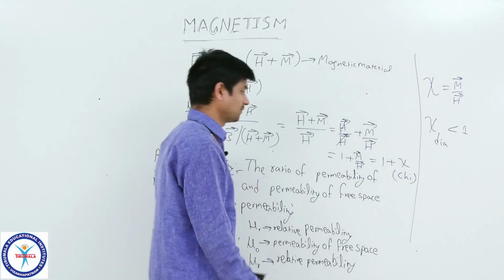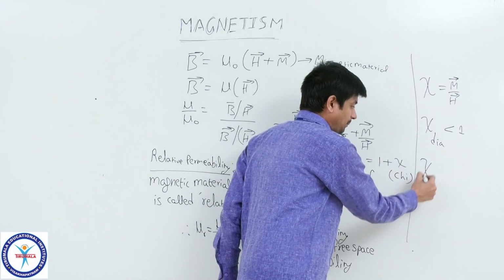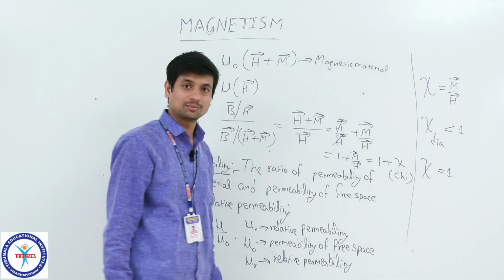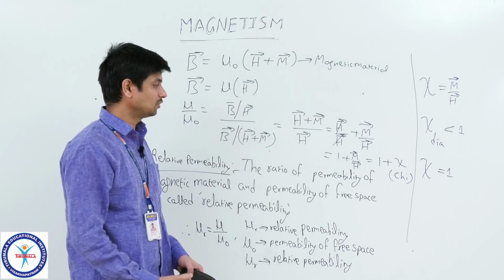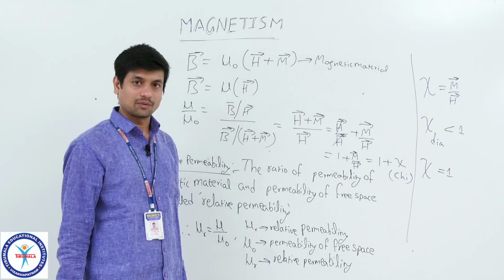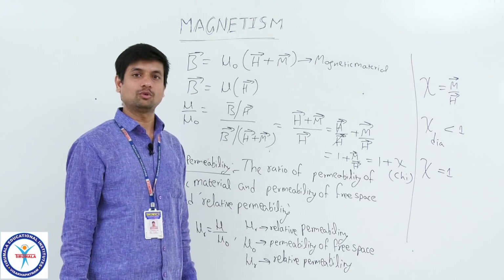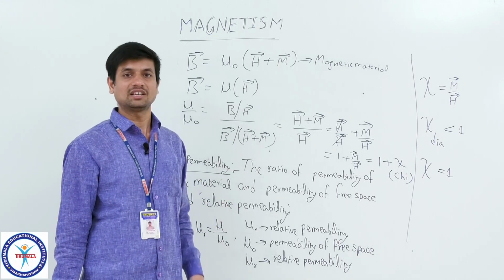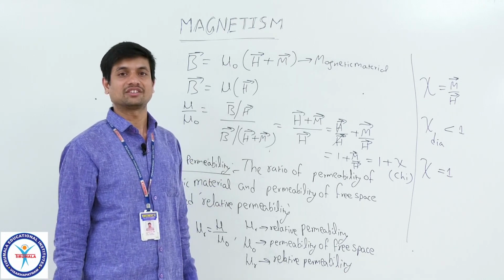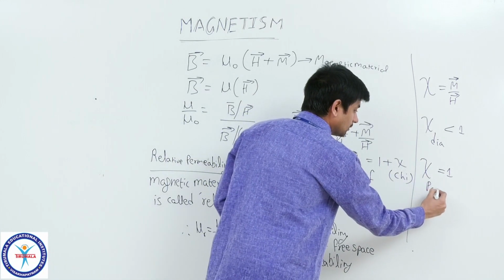If you take this ratio, M bar by H bar, for a paramagnet, that is approximately equal to 1. That means you won't get more magnetization by using the magnetic field. You require a much stronger field. Even though you made it a magnet for some seconds, it will act as a magnet, and later it will release its magnetization properties again. Now this is for para.